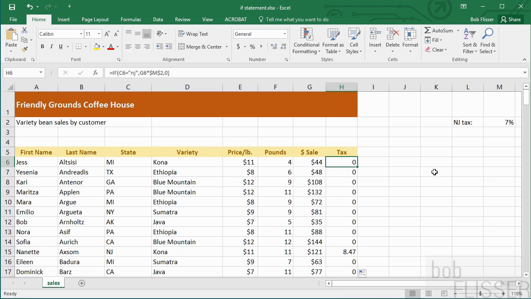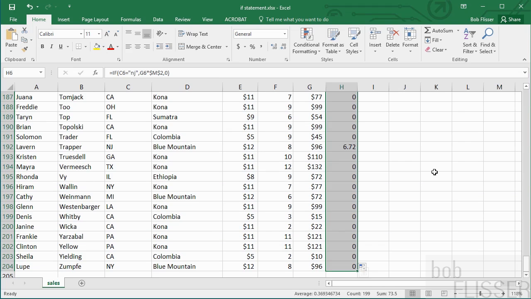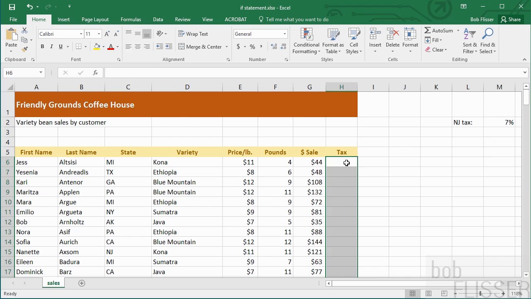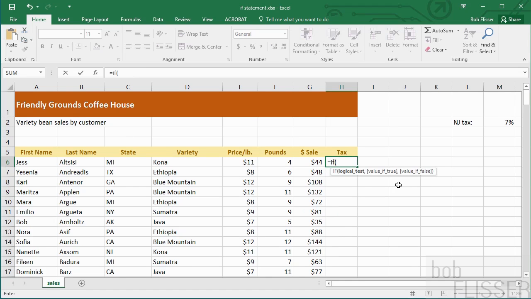Click the first one here, the one we entered, and I will press Control Shift down arrow. If you're using Excel 2016 on a Mac, then you can just press Command Shift down arrow, and now let's delete. Let's put in that function one more time with a little difference. So we'll say equals IF, open up a parenthesis, the test is, does the state equal, open the quotes, NJ, close the quote, hit the comma, value of true is sale times the sales tax, hit the F4 key, make it absolute,